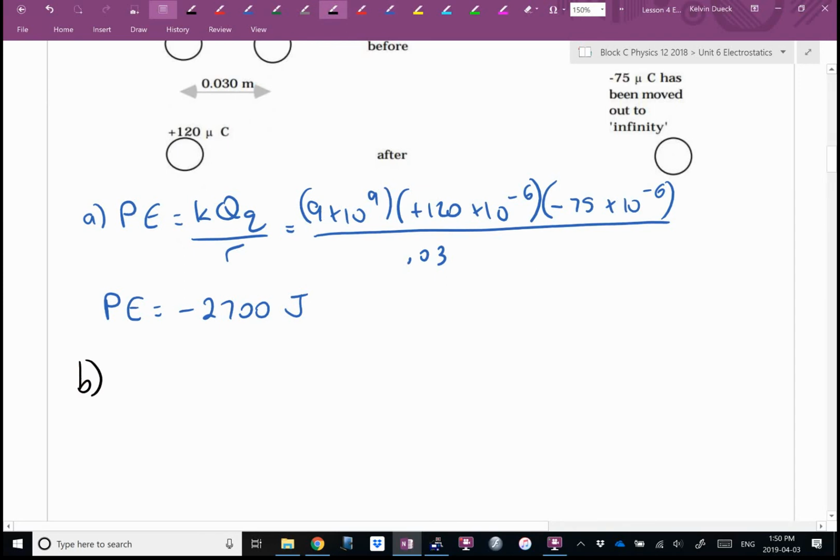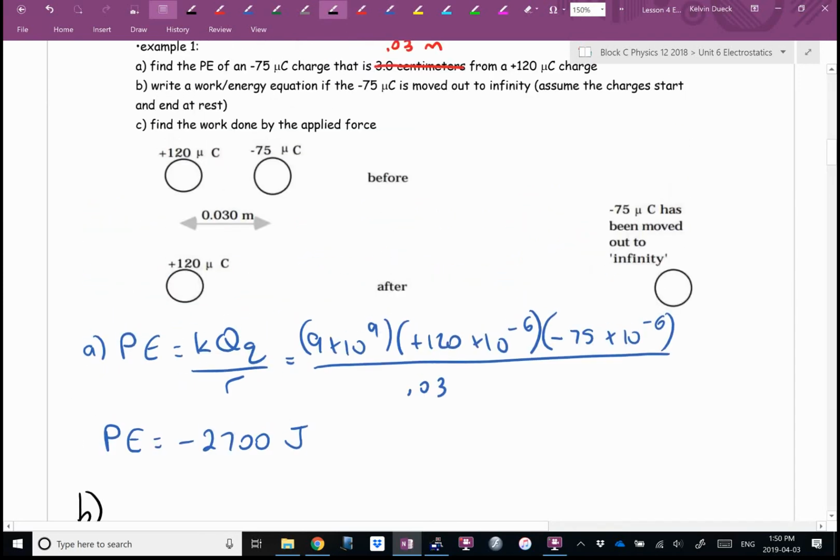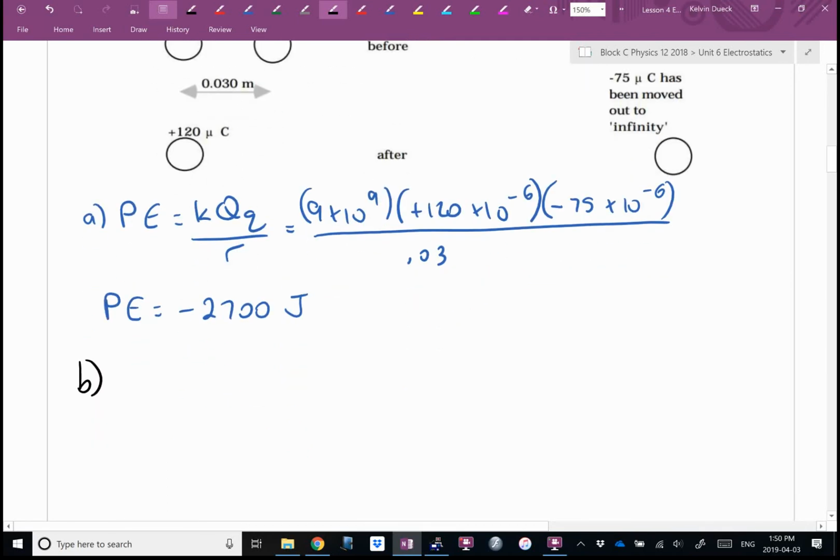What's B want me to find? Well, it says write a work energy equation. I think it's going to be a work equation. Why can't I just go, don't write this down, work equals force times distance? Why can't I do that? Anyone? The force is changing. By the way, it's such a pain to use the longer version of work that in